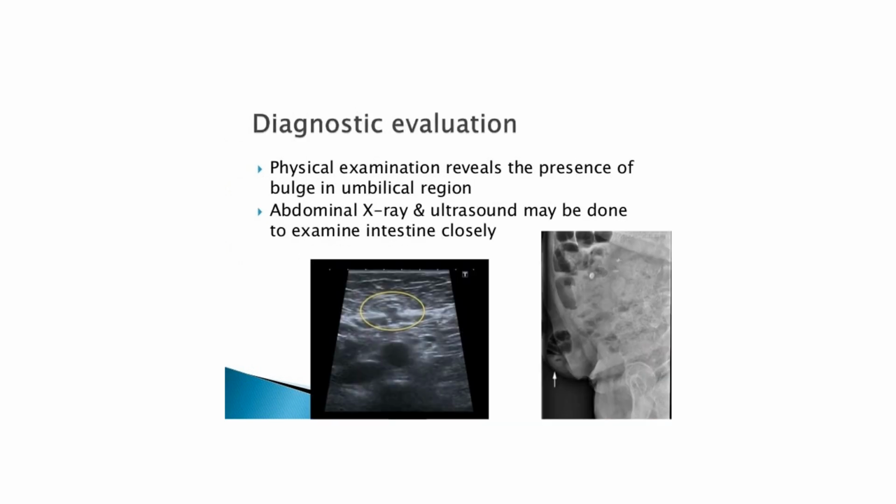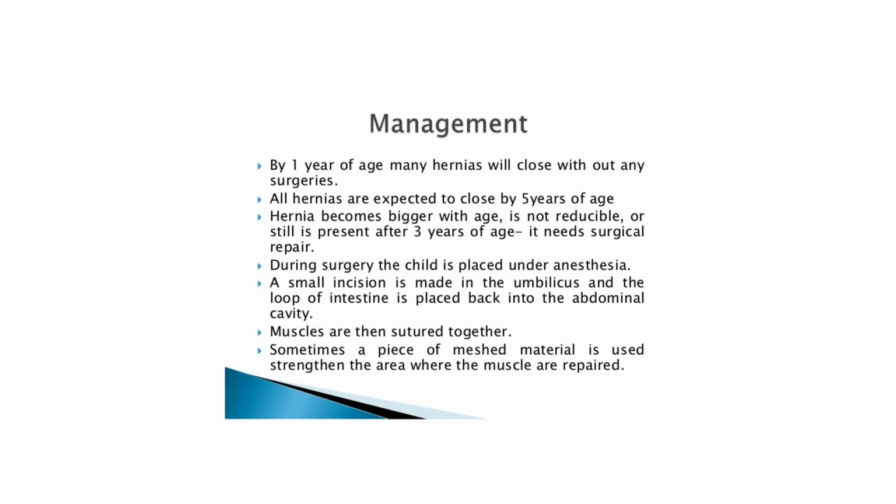Next is diagnostic evaluation. What are the criteria to diagnose this umbilical hernia? First is physical examination of the umbilical region, and second is abdominal X-ray as well as USG. Now the management of umbilical hernia: generally at about 1 year of age, this hernia will disappear on its own. All hernias are expected to close by 5 years of age. If the hernia becomes bigger with age, is not reducible, or is still present after 3 years of age,